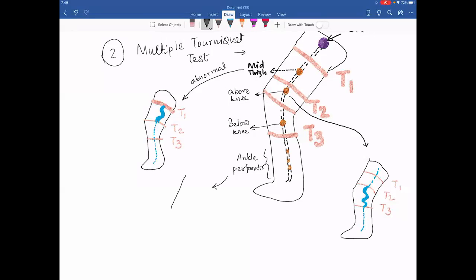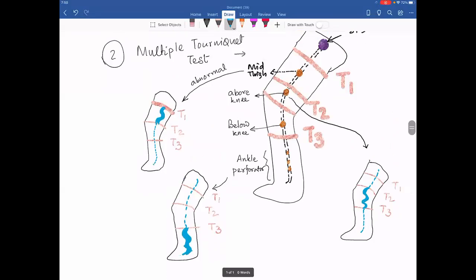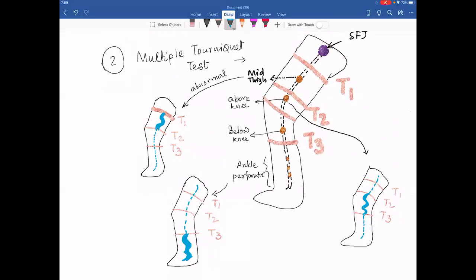What if the ankle perforators are at problem? Again, it is a simple thing to understand. This is T1, this is T2, and this is T3. Now, what is the main story behind this? What will happen in this area? Sir, it is this part of the vein which will be diseased, but the other parts of the vein are normal. Have you understood this picture? If you want to take a screenshot, please do, because I have to erase this part out. This is not like my other application.